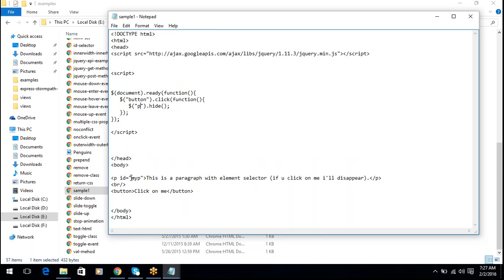Okay, here I have one paragraph. Here one button also is there. When we click on the button, we have to hide this paragraph using jQuery functionality. Okay, in jQuery functionality,